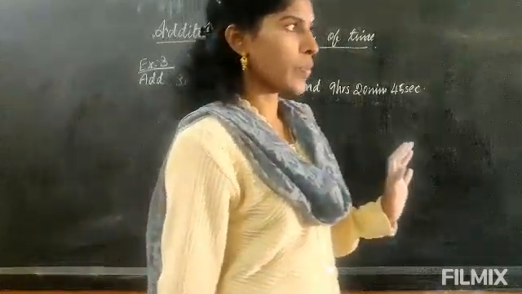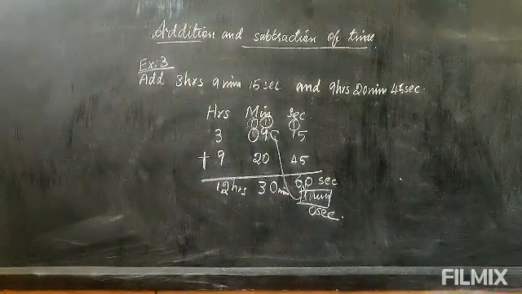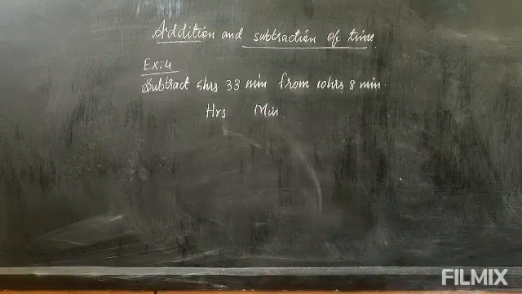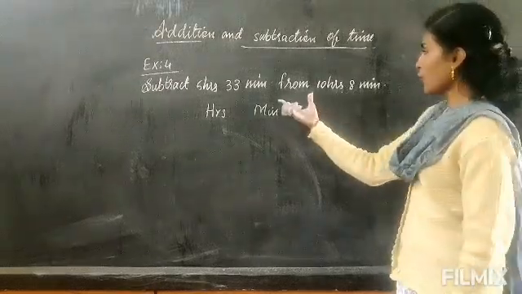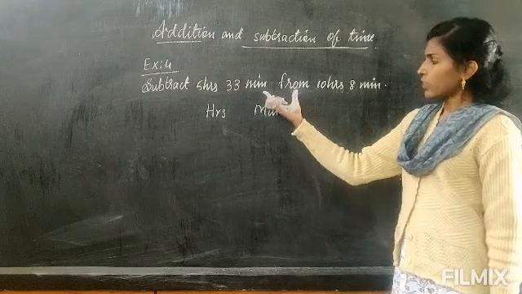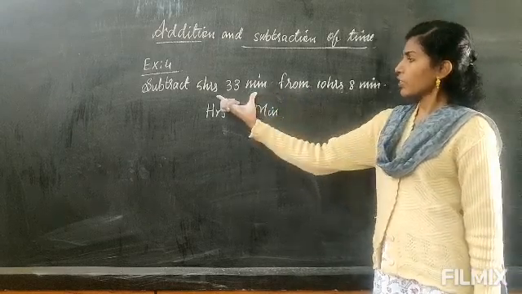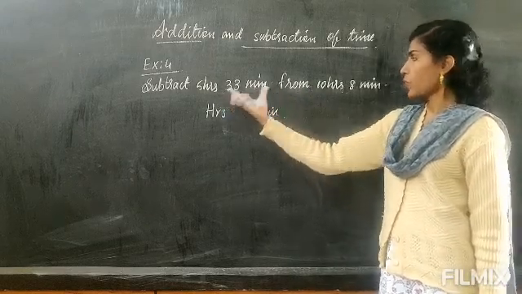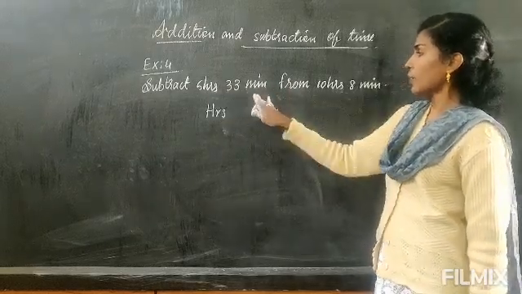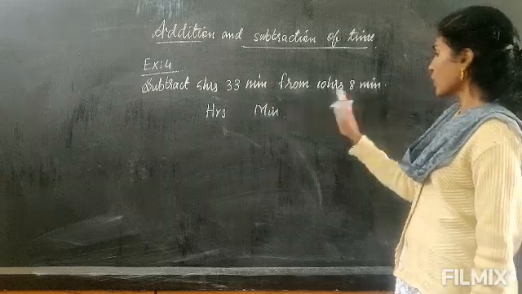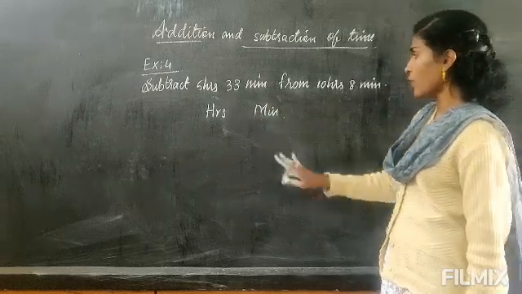This is the answer. Okay, now let's see subtraction. Now here, you see there is no comma. But the word from is what tells us the difference between the times. This is 1 time and this is 1 time. This time is in hours and minutes, so this also is hours and minutes. So we will arrange them in the column of hours and minutes.